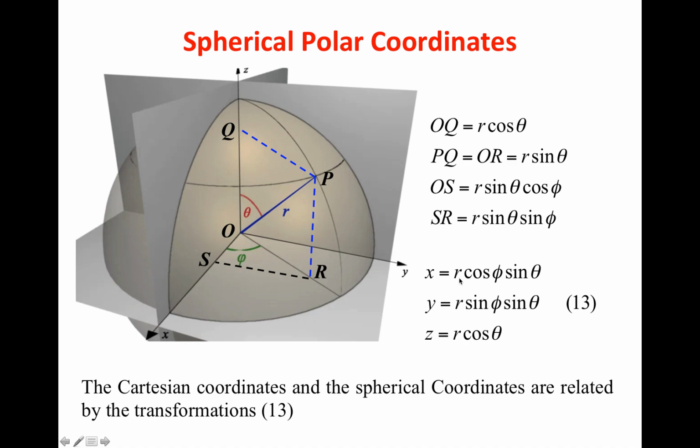If you want to represent your r, theta, phi in terms of x, y, z, you can see that r squared will be equal to x squared plus y squared plus z squared, whereas your phi will be equal to tan inverse of y by x, and your theta would be equal to tan inverse of z upon under root of x squared plus y squared, right. So, these are the transformations you have from either the Cartesian to the spherical polar coordinates or the spherical polar coordinates to the Cartesian coordinates.